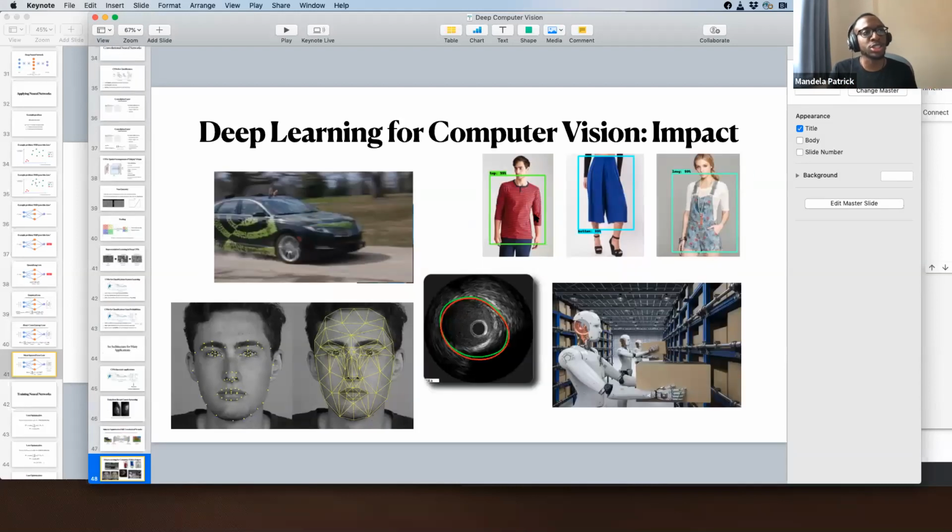A ton of applications: fashion detection, robotics, self-driving cars, face detection, you name it. This is all powered by convolutional neural networks. As Carmel just asked, is this how Google Photos recognizes similar faces and groups them together? Yes, all of this stuff is driven by convolutional neural networks, particularly convolutional because it best captures the spatial aspect